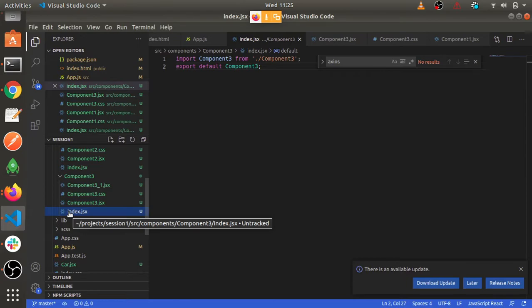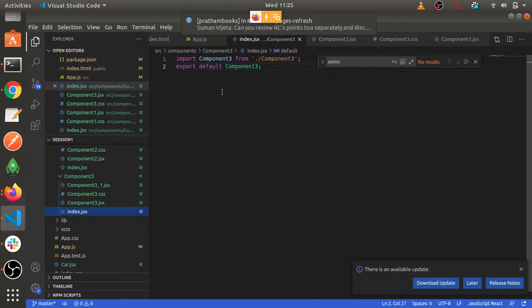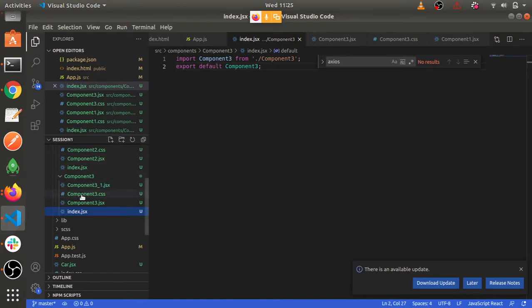And inside the index file, whatever is exported will be imported by default. So you can see in this I have imported component 3. I don't need to give the path to the file, I just need to give the folder component 3.